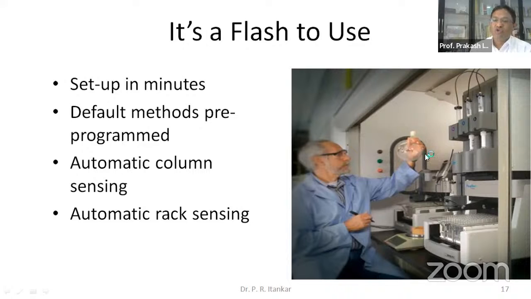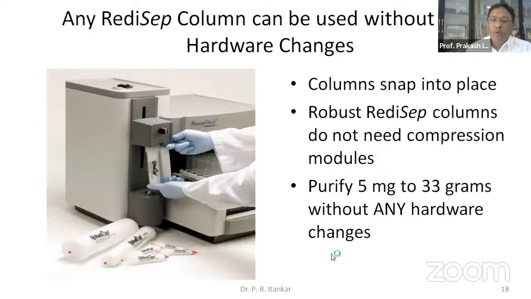So there will be an automatic shutdown. The system senses that you have added the test tubes for collection in the rack, and that is a bigger advantage. Putting the column is a very easy process. You just have to lift this particular handle, and according to the size of your column,